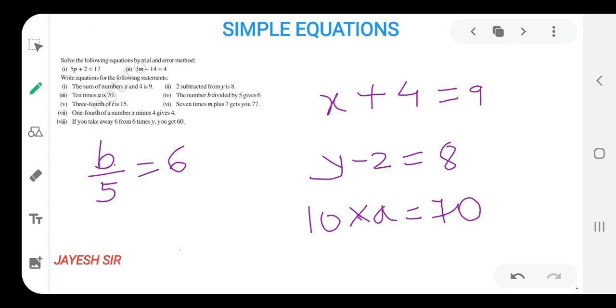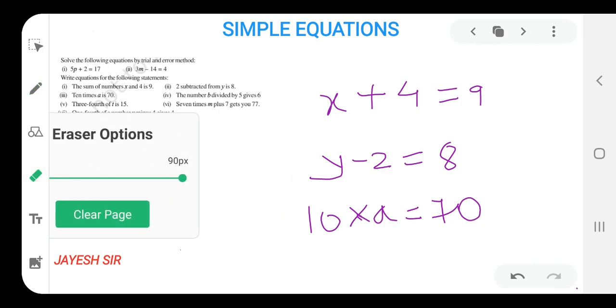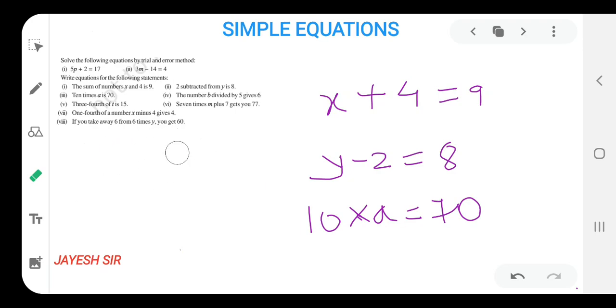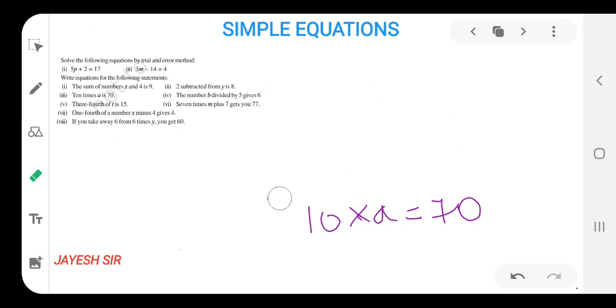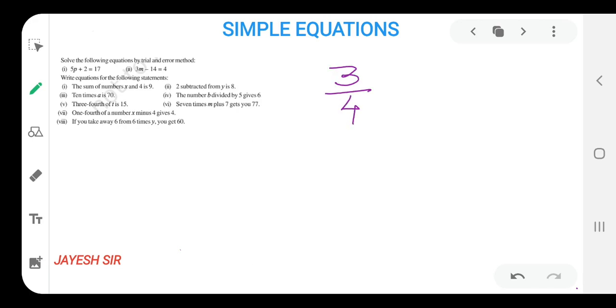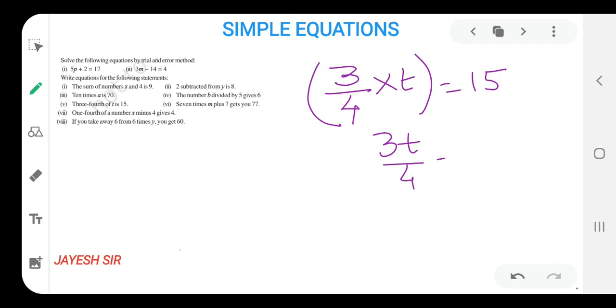So I am erasing over here so that we can find the space and understand it properly. So till 4 we have already completed. If you are capable of solving on your own, pause the video and try to solve the remaining sums on your own, friends. I am solving over here for you. Fifth sum is 3/4 of t. 3/4 of means multiplication. While solving the sum I have already told you that of indicates multiplication. 3/4 of t gives 15. So the equation would be 3t upon 4, we can also say.